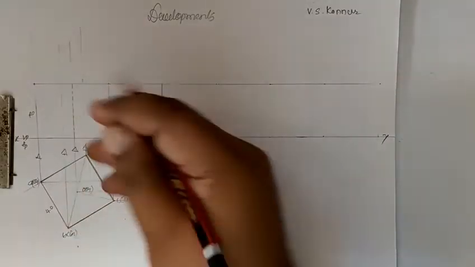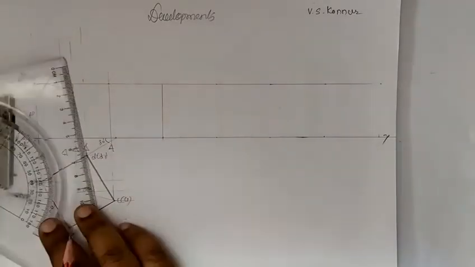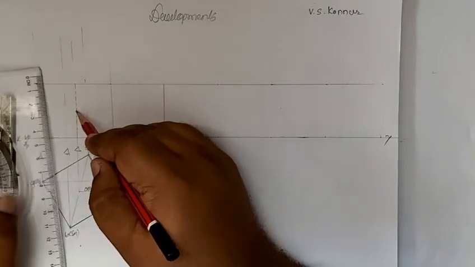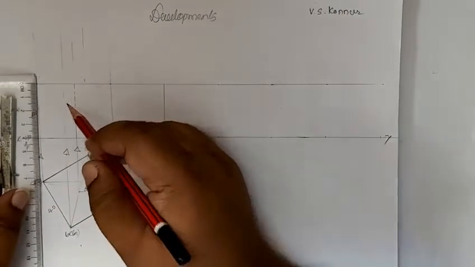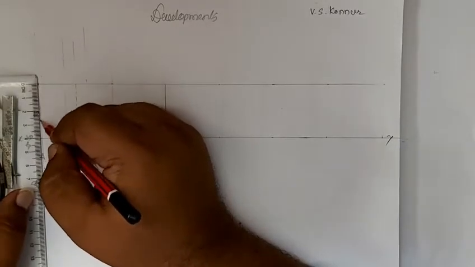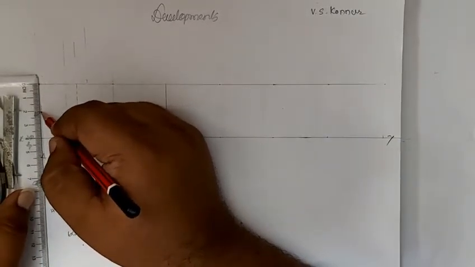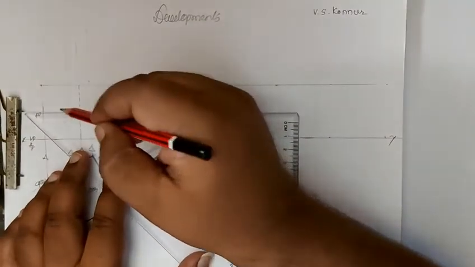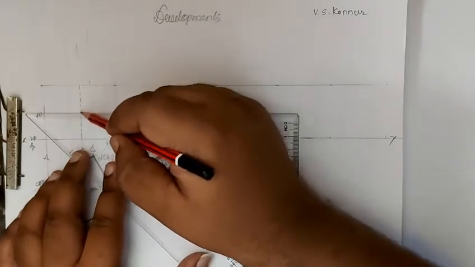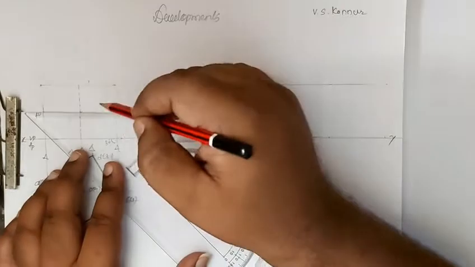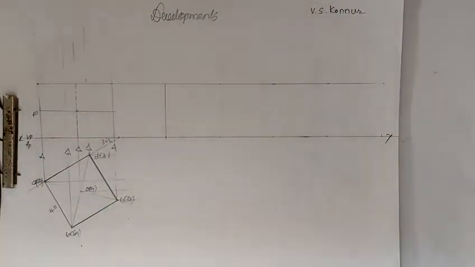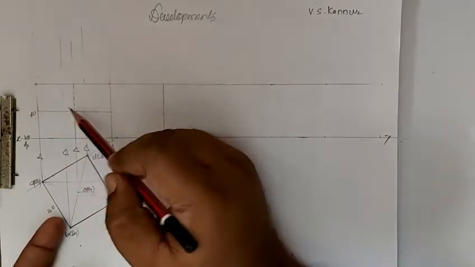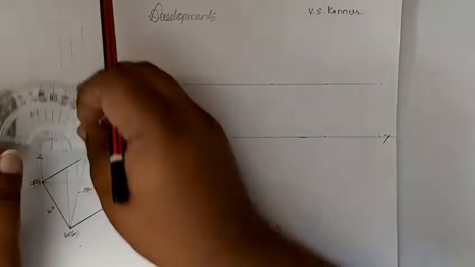Right. Now on the axis, first we'll take height 20 mm. So this is 40, so 20. We'll take here also 20. So we'll draw a horizontal line so that from that intersection on the axis, the midpoint of the axis is called 20. It is 40 height, midpoint means 20. From this point 45 degree it has been inclined.